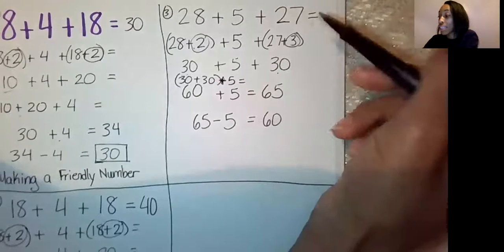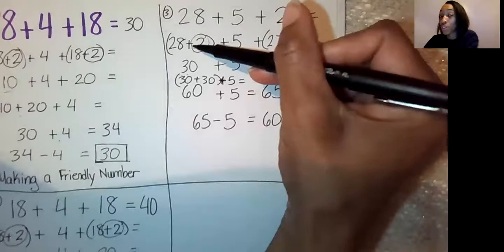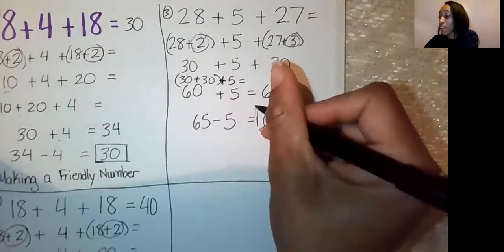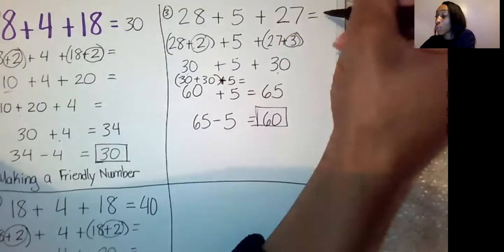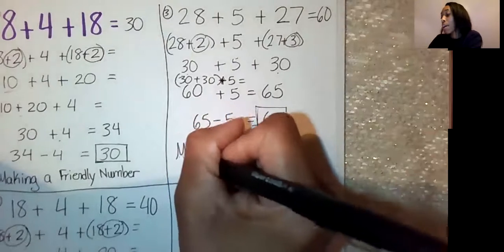Right? So all I did was take this back out. I know that 3 and 2 is 5. So I took that 5 away to get my final answer of 60. So 28 plus 5 plus 27 is 60. So once again,